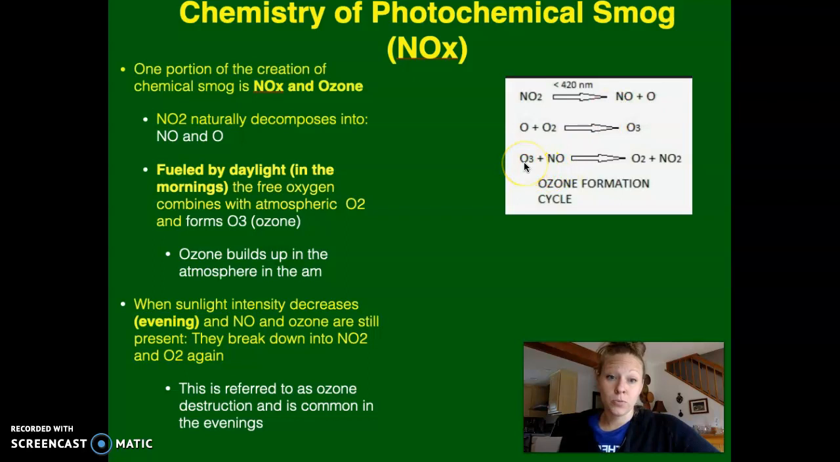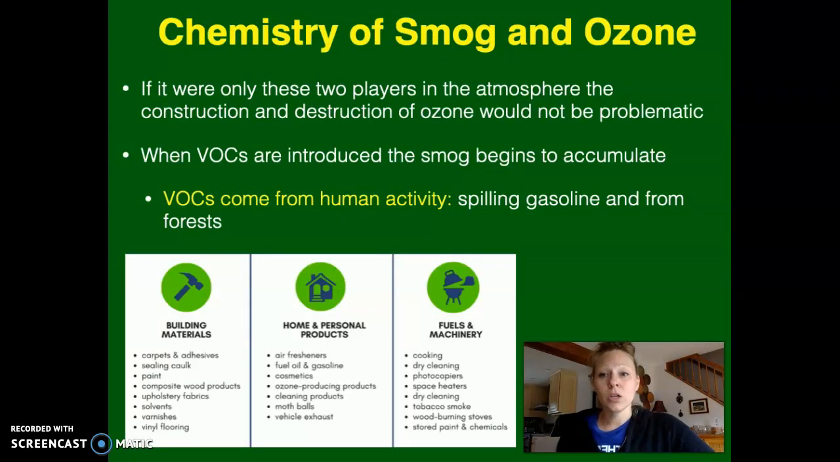O3 is going to release that oxygen, and that oxygen is then going to attach back onto the nitrogen monoxide. And so we start off in the same spot that we were before. We have diatomic oxygen and nitrogen dioxide. So we have the formation of ozone and then the destruction of ozone in the evenings. And this is all well and good. Ozone doesn't build up unless we introduce